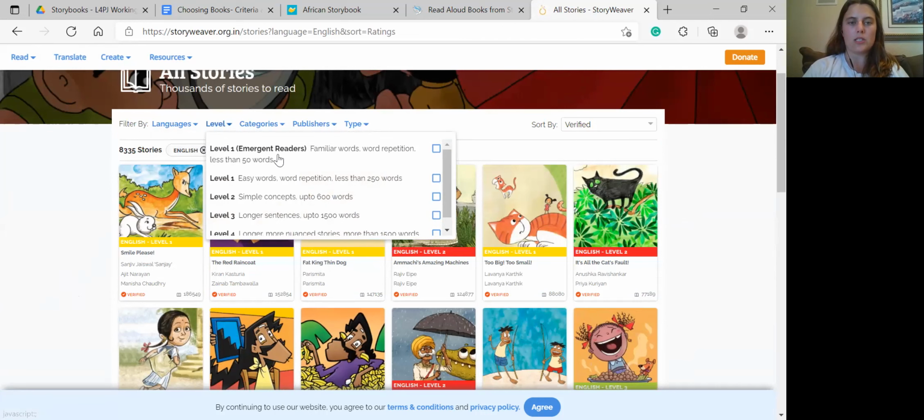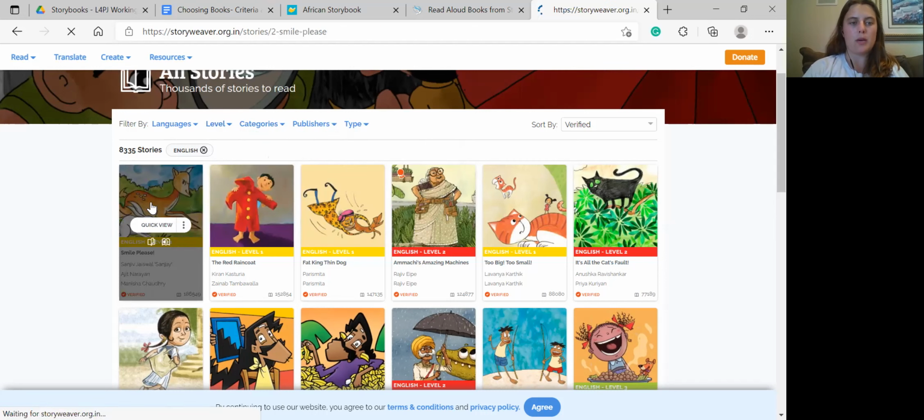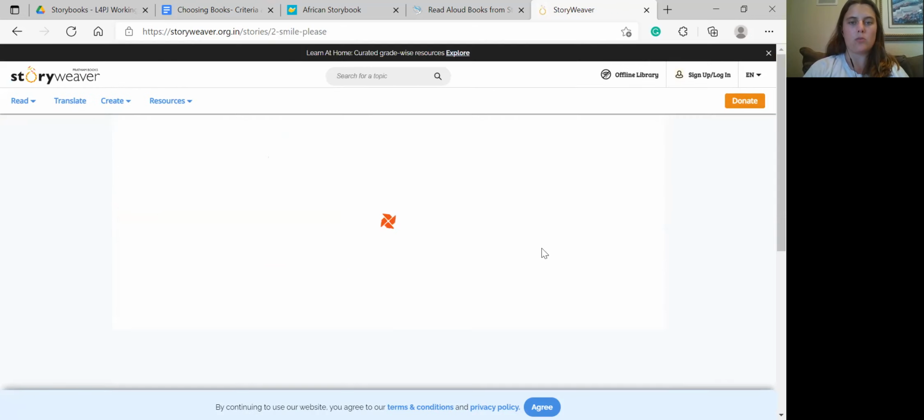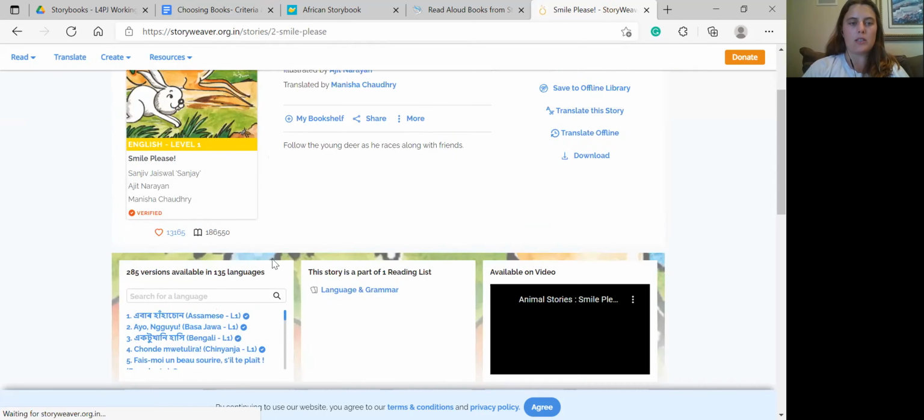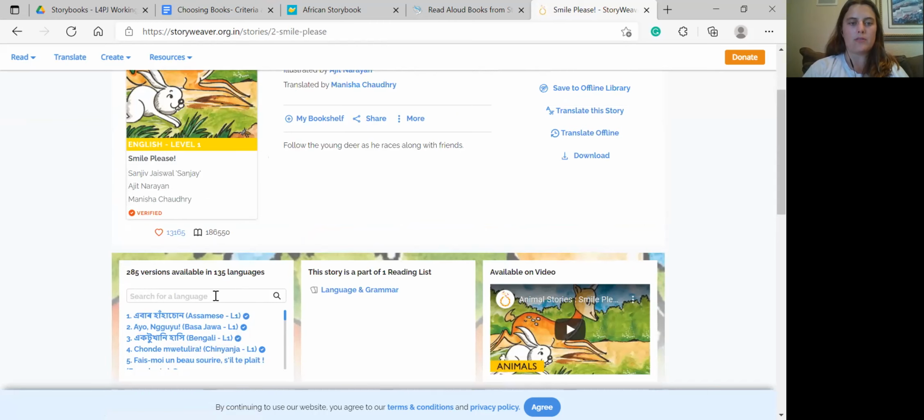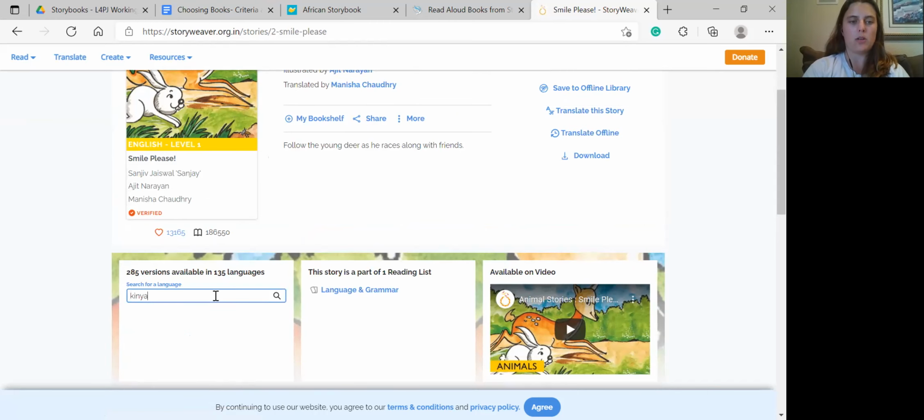They also, on the levels, show you kind of where the student should be at. So for level 1, it means there's easy words, a lot of word repetition, and there's less than 250 words that your student should know. So for example, if you click on Smile Please, which is English level 1, you can check if they have translations by going to the bottom, see where they have the different language box, and you can type in Kinyarwanda and see if they have it, which it doesn't look like they do,